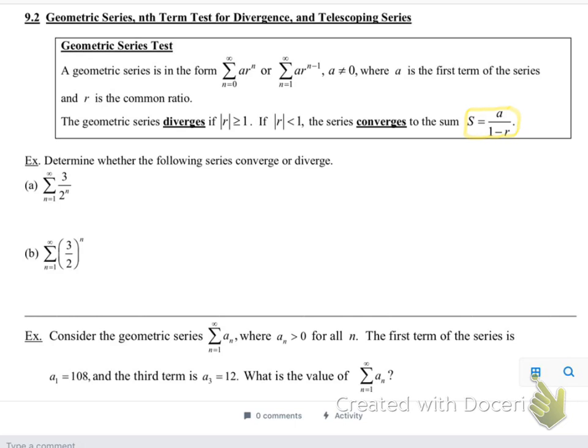In previous years, students were familiar with this formula, and they knew that geometric series converged to the sum of the initial term over 1 minus the ratio. I don't think you guys remember that. You may have seen it, but I think that it's not in your memory bank. Luckily, however, it's not that difficult to remember, and we can write out our